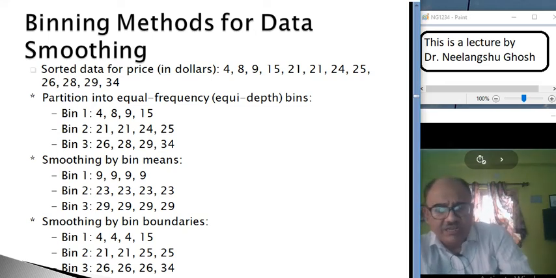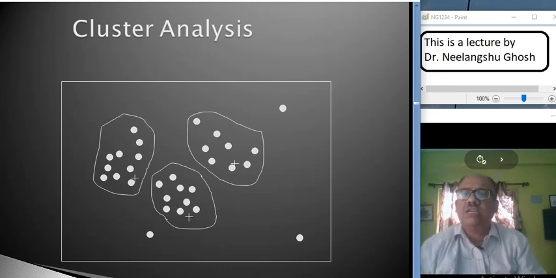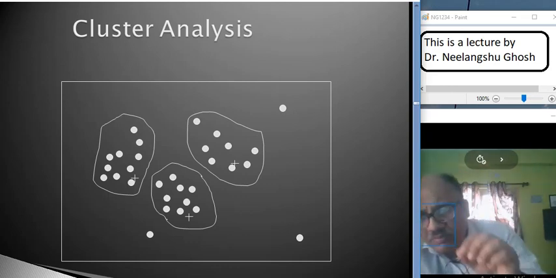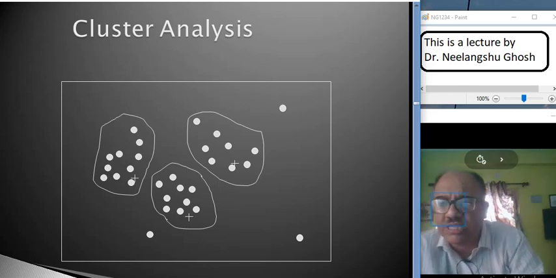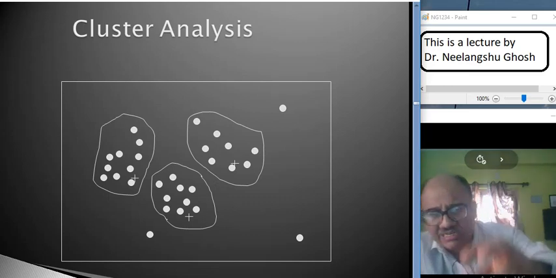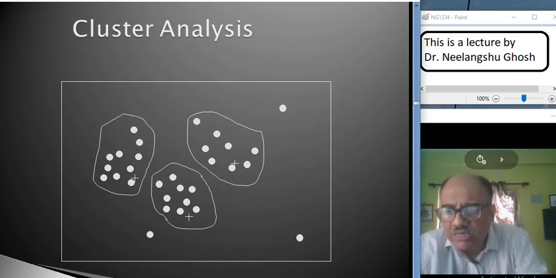And again, let me explain the clustering part a little bit. Clustering is done in such a way. We have a scatter plot, and the clustering is done with respect to the values which are nearer. The nearer values are clustered. So these values are clustered together, and these values are clustered together.